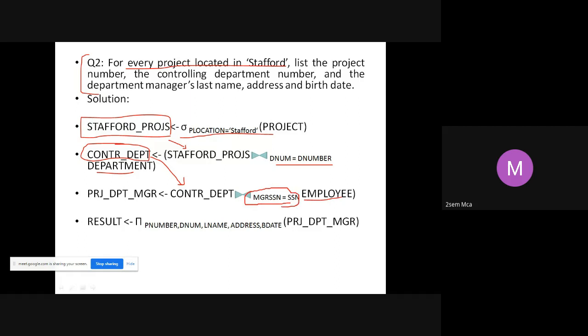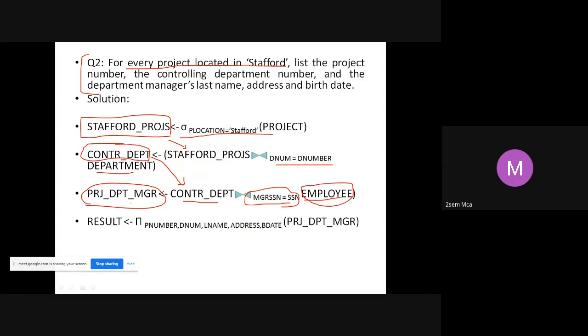So I will check MGR SSN is equal to SSN. Since it is a join and I'm storing it in project department manager, this table will contain all the attributes that are there in control department and all the attributes that are there in employee.